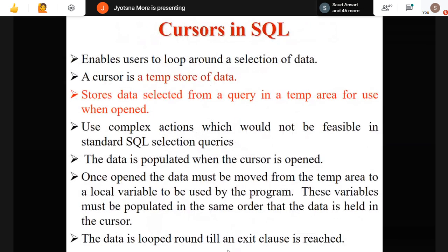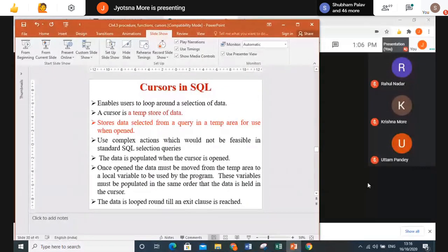Shall I move ahead with the cursor? Yes. Students, are you finding it difficult? Don't worry at all. We will do this during the practical. Then you will come to know it is not that difficult. When you get the result of anything, you will find it easy.